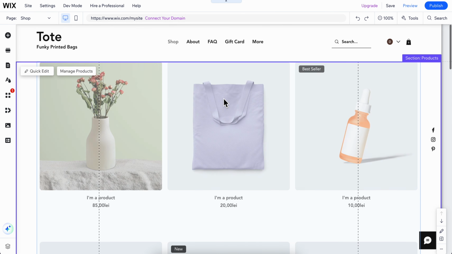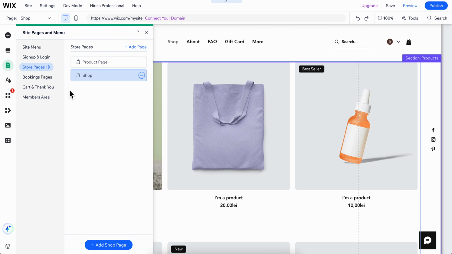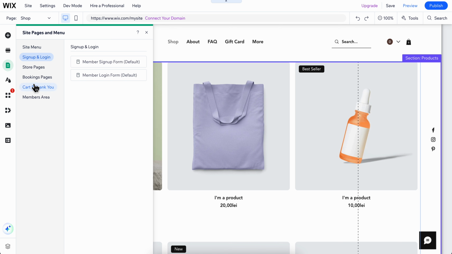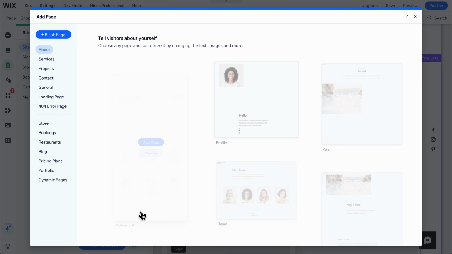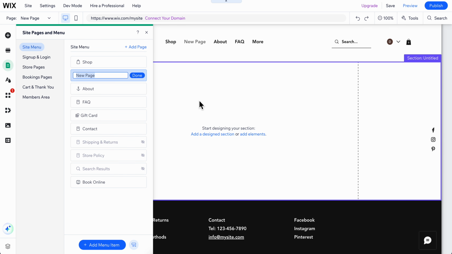So basically you're gonna have to add a new page. You're gonna have to click on manage pages and then here simply add a blank page. So simply go to site menu and then here you're gonna have to click on new page, then select blank page, and basically what you're gonna have to do next, so click on done, and then here you're gonna have to simply